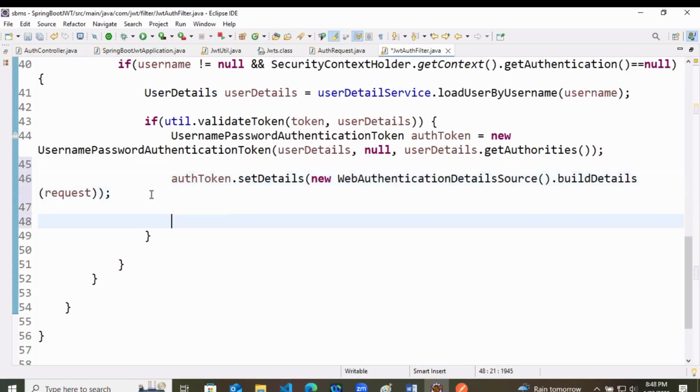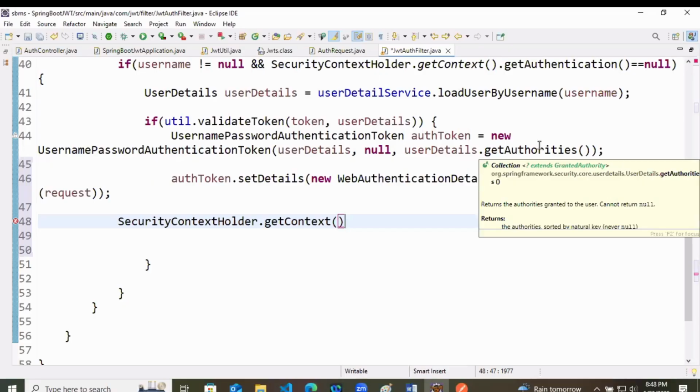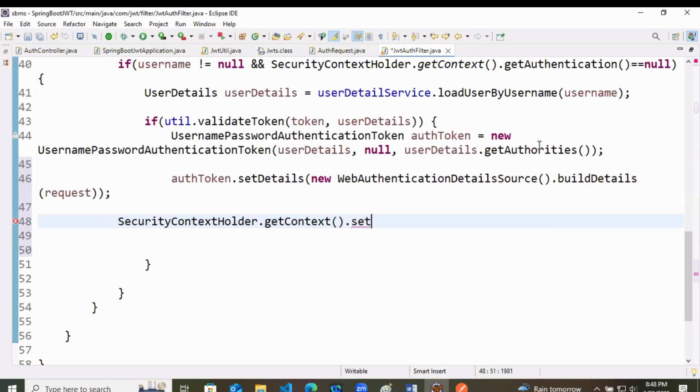Once the details are loaded in the context, now you just have to change the state in the security context holder. So security context holder dot get context, same we are doing there, dot get. Here I will set the authentication to auth token.